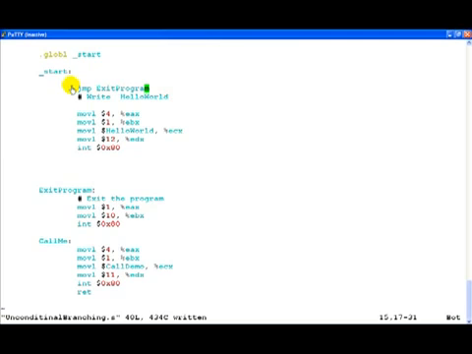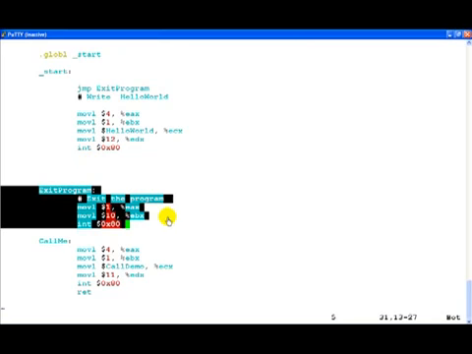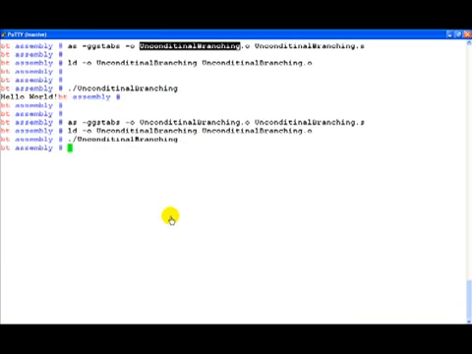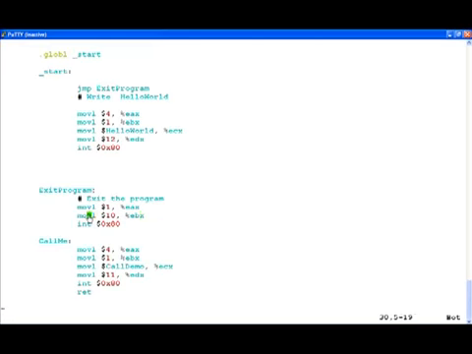What is expected is that the jump instruction is executed and immediately the program control transfers to the exit program routine, which very simply exits the program. And this is exactly what is happening. Value 10 is the return status code.